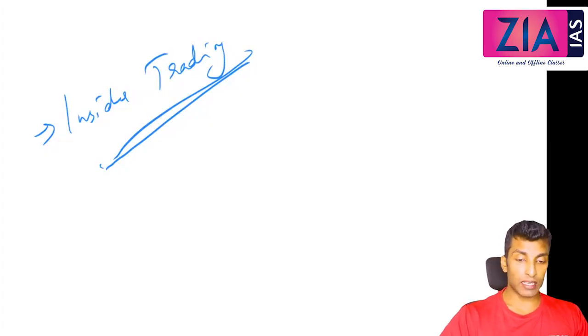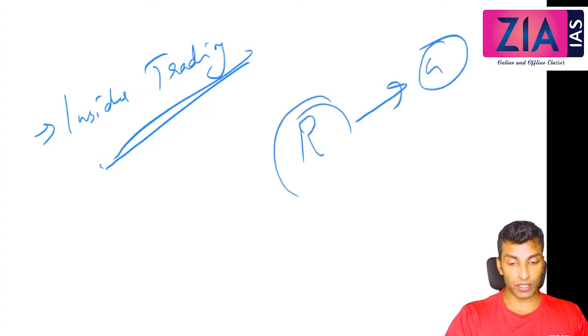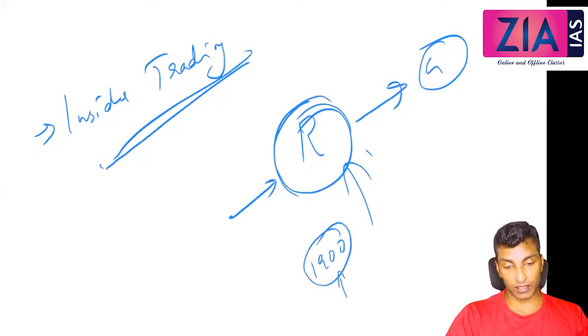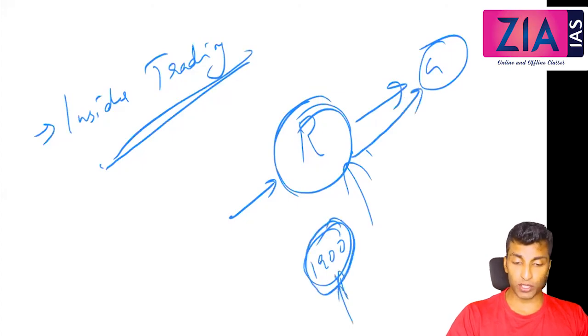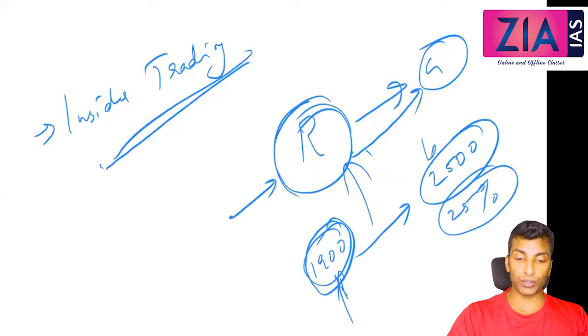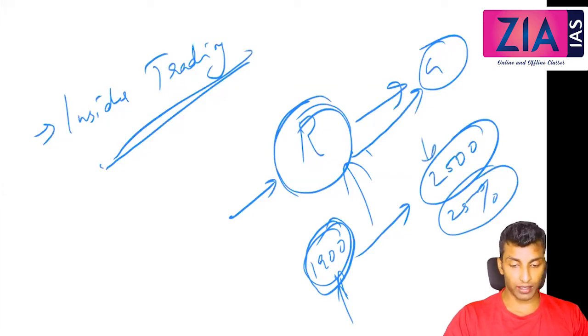So based on that, for example, this Reliance is entering into a deal with Google, right? If this is not leaked to the public, and based on this information, the insiders keep on buying the share at the lower price. Let's say 1900 they are buying the share at this price. Now once this deal is out in the public, so already they bought so much of shares based on the insider information. This will go to like 2500. So just in a matter of 1 day or 2 days, they are making a profit of 25%, and immediately they will sell the share, right? So this is what insider trading.